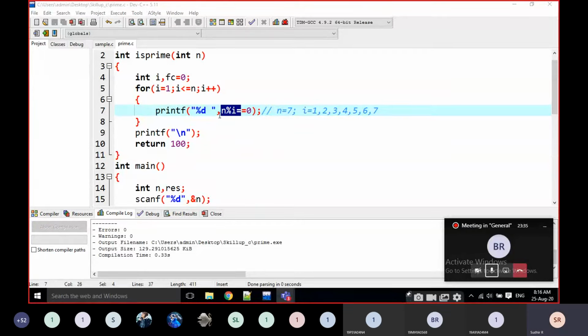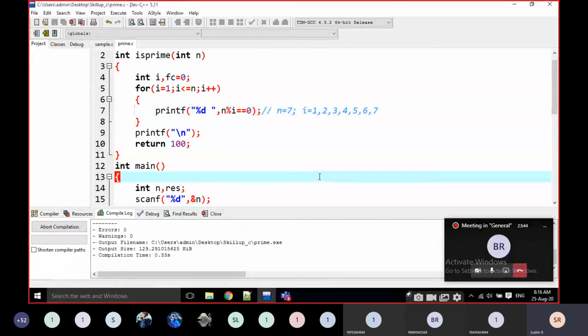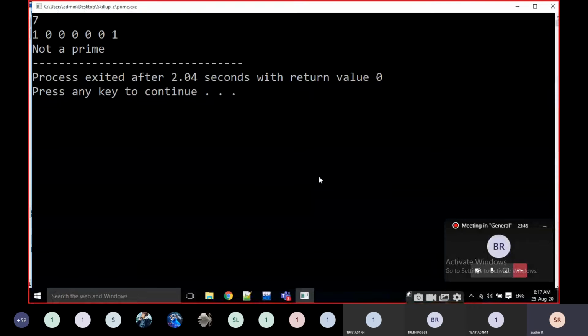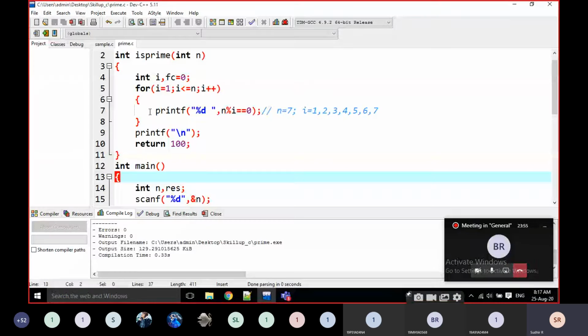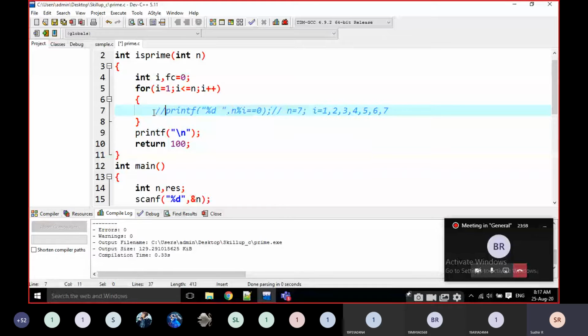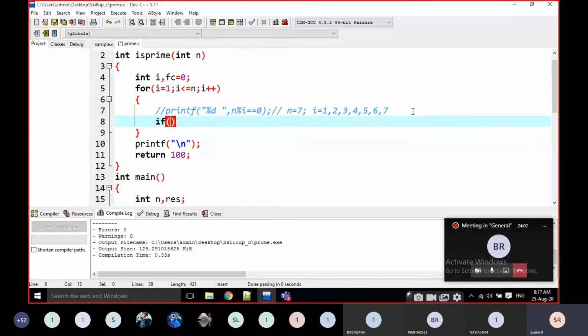n mod i is equal to the same thing. If I execute it with n as 7, now I am going to check how many true positions there are. 2 positions are there. At that time I am going to increment this fc value. Instead of writing this line, I am going to check with the condition n mod i is equal to 0.